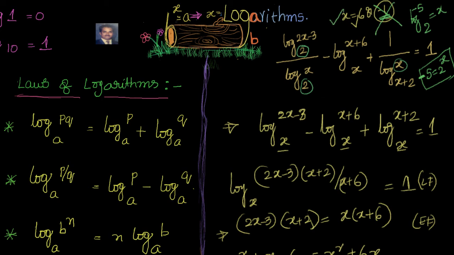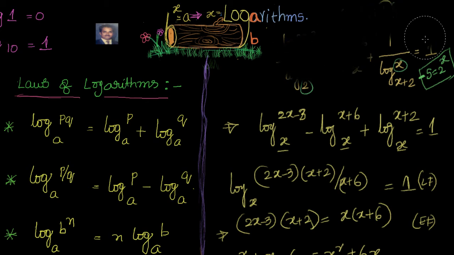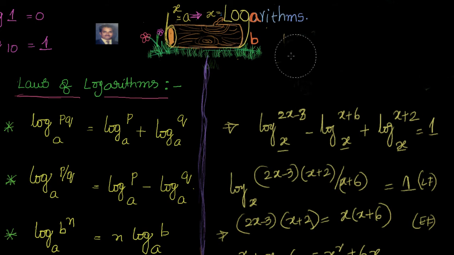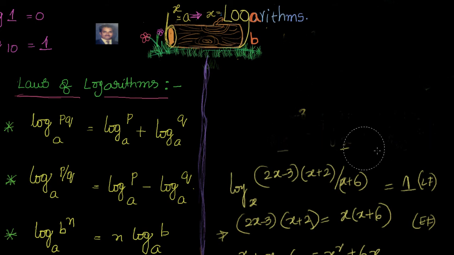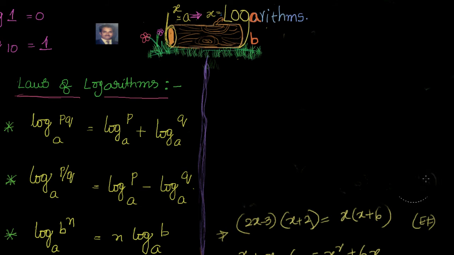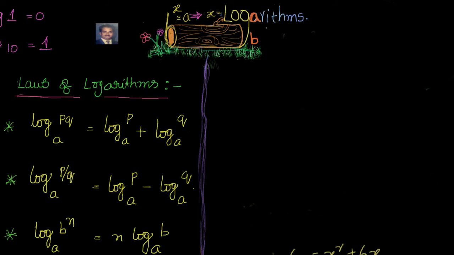Let's go ahead and do one more. So the key takeaway from this problem is that when you are solving for x using logarithmic equations, and you see that by substituting the value you are getting a log of a negative number, then that value can be discarded immediately, because logarithms are not defined for negative values. Let's go ahead and do one more problem.